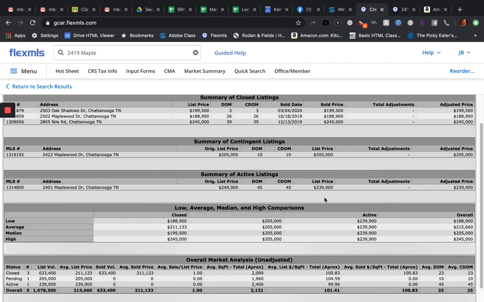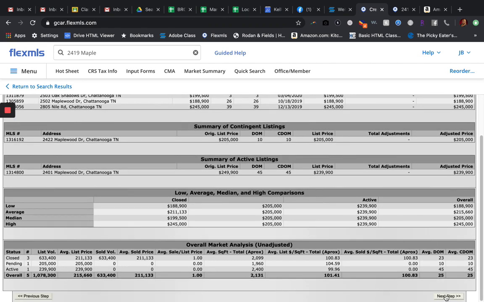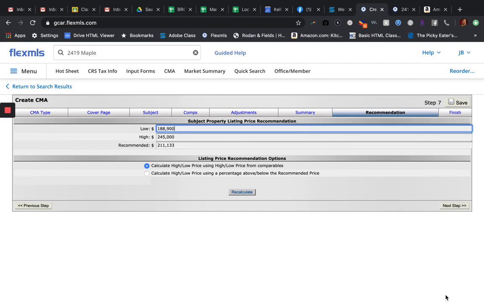So the next thing that you're going to do is click Next Step, and you're going to see the recommendation, which gives you that range of values. It gives you a recommended price of $211,133 on this particular property. I think it's really important when you go and attempt to explain this to your seller that it's giving you a range of values, and that even though the recommended comes in literally as an average between the two,